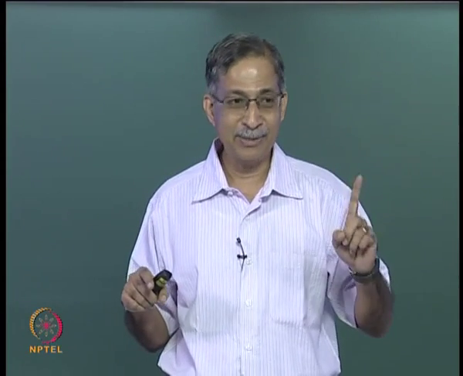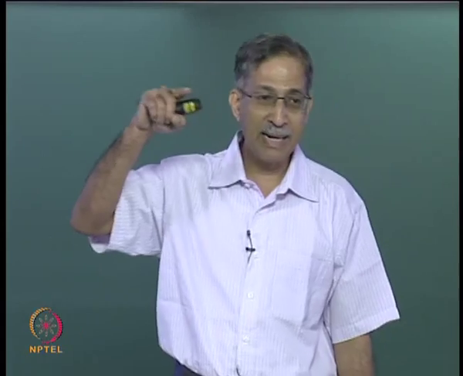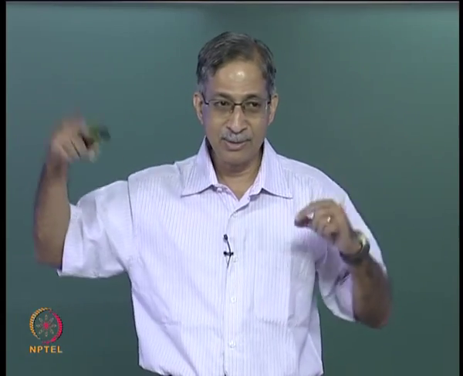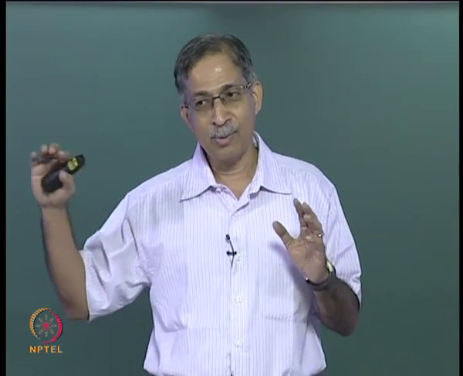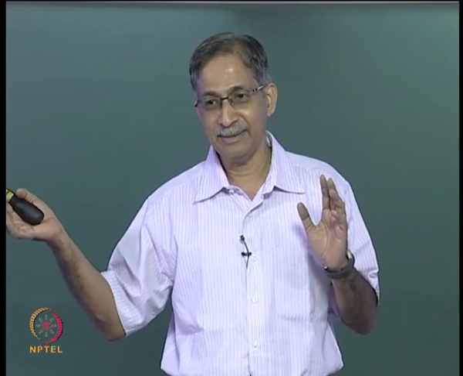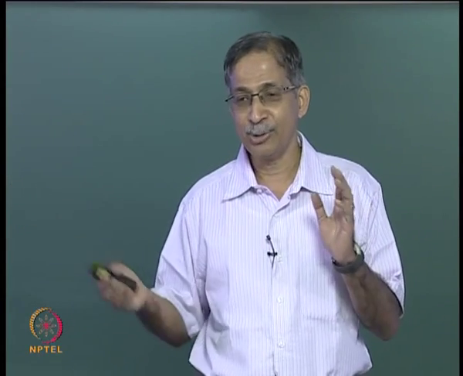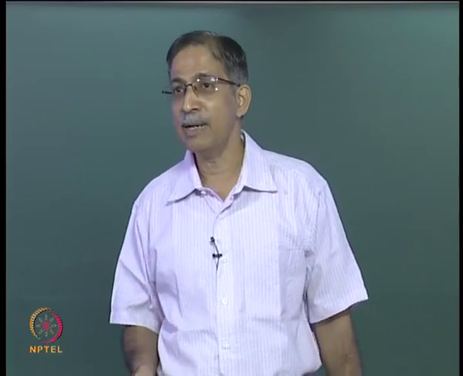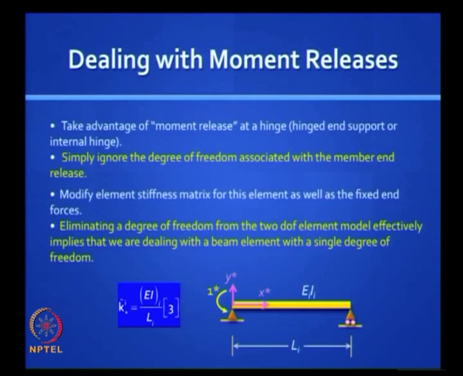That will now further reduce to 1. Remember we had 4EI by L and 2EI by L, and then we had this 2 by 2 matrix. Now we do not worry about rotations at the other end, at the hinged end, and so you have only a 1 by 1 matrix, just one coordinate, the other end is hinged. So that is a major advantage we are trying to take in this method.